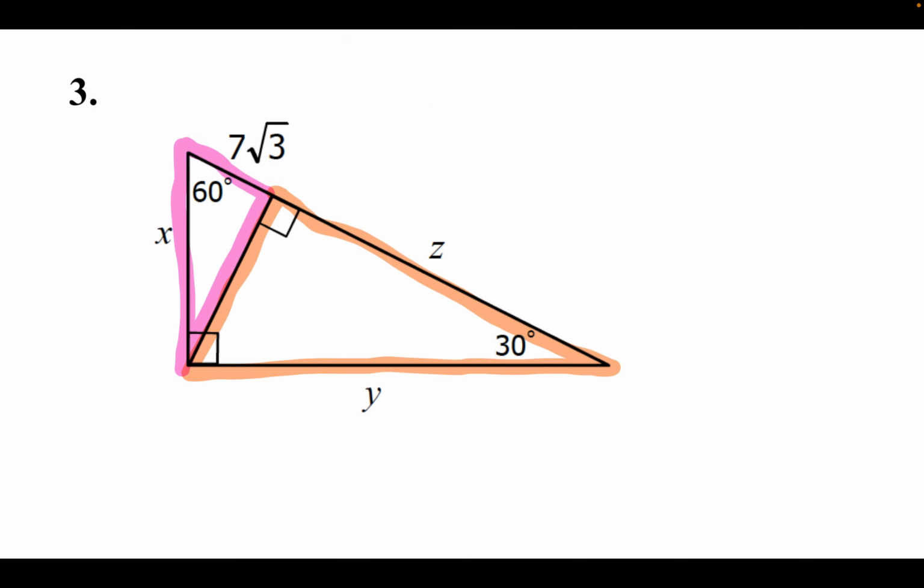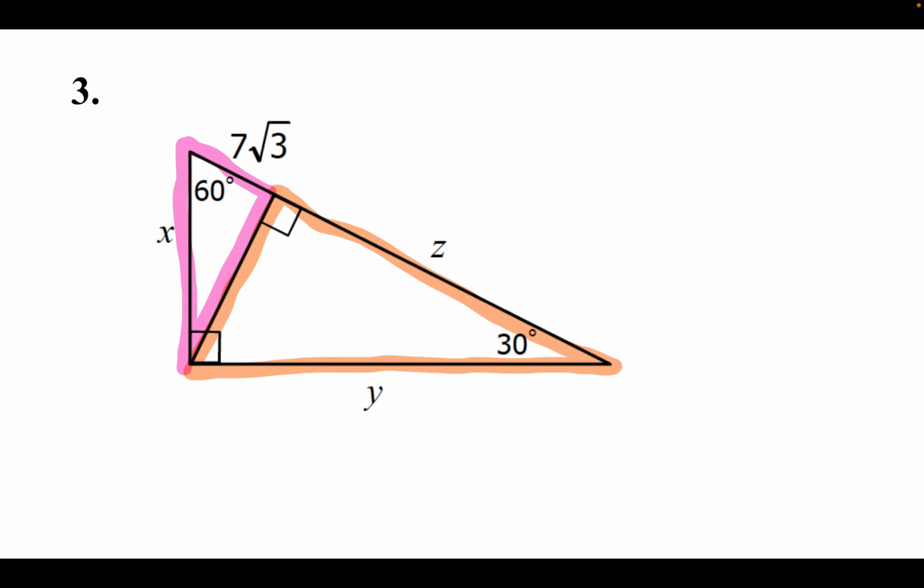So in number 3, our known side length is 7 square roots of 3, which means we are doing this pink triangle first. It is a 30, 60, 90. So we know this is 90. Down here is our 30, which means